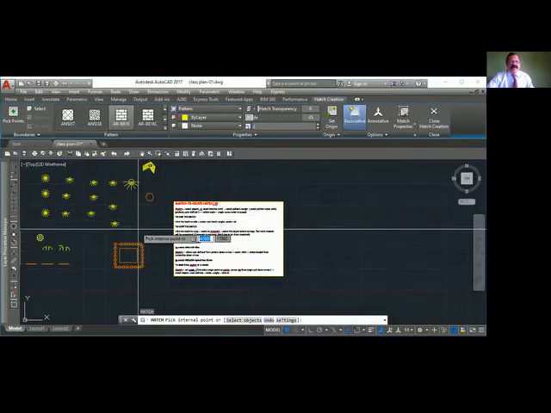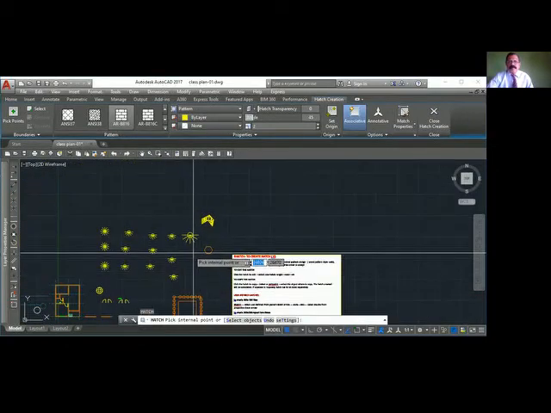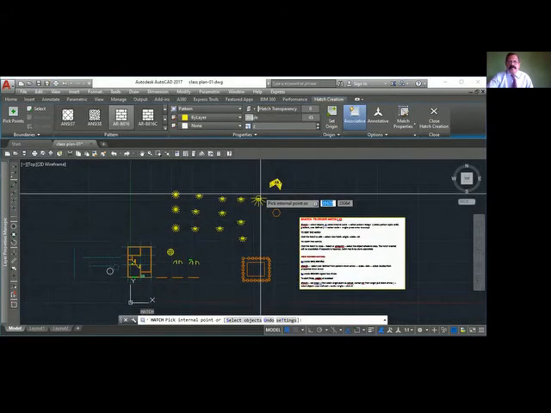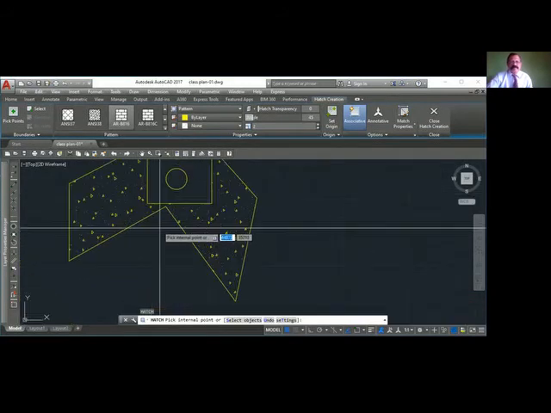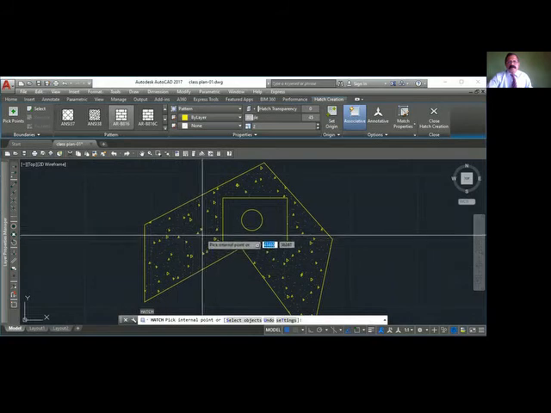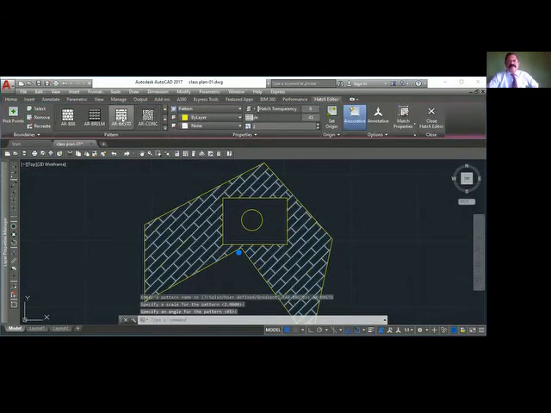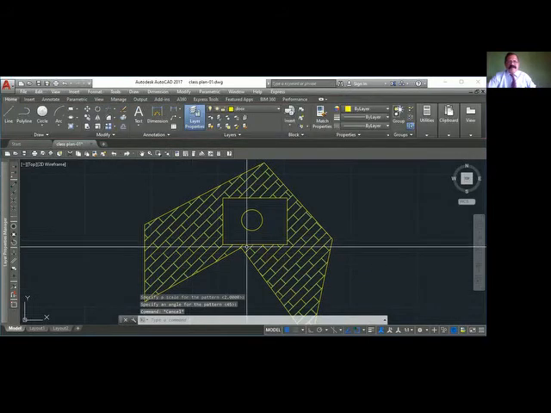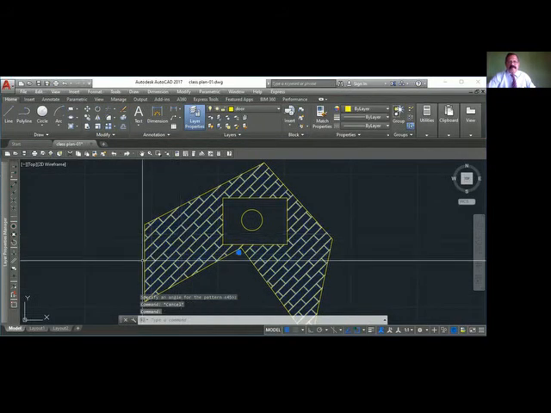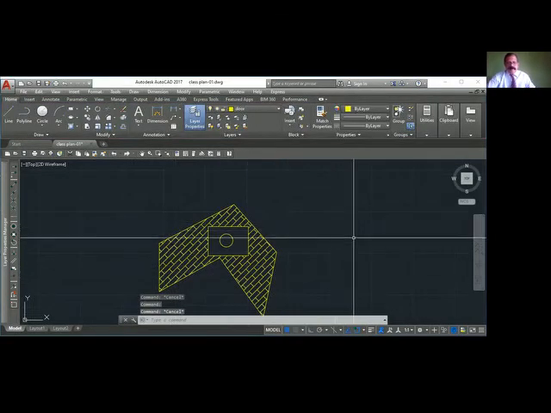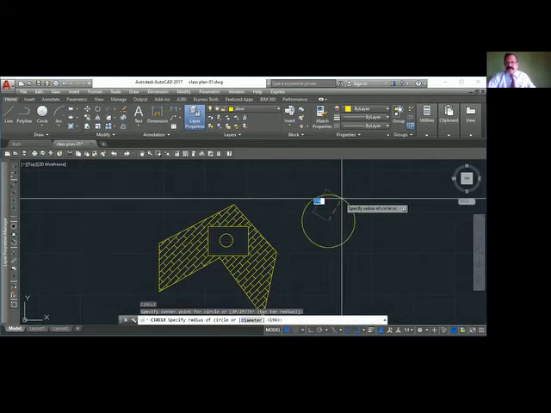And a very important thing is that I will change this to another pattern, to this one. Okay. Now you can see that it's a single piece. It's a single piece. If you want to erase something, then you have to explode this. Okay. Now the next question is I have a copy here.